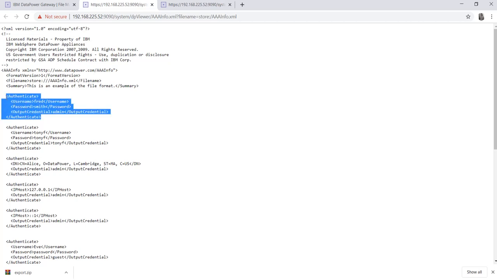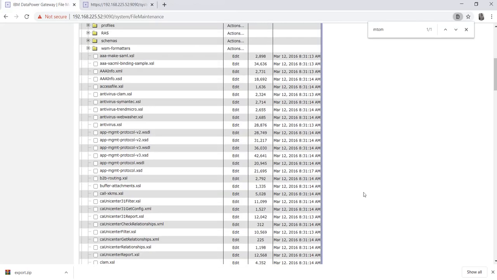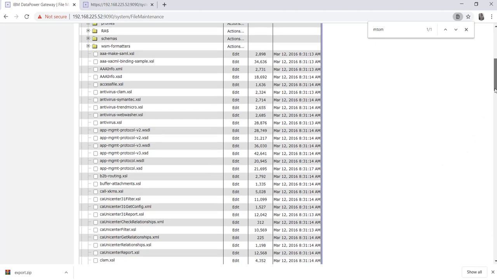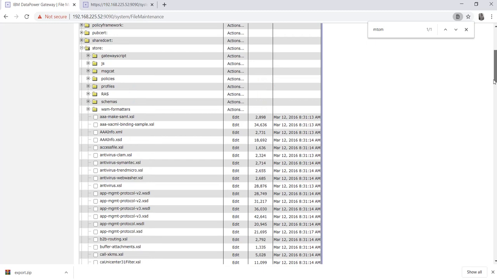If you want to create a new user, just copy and paste here again. If you want to create a user like test with password test123, you can update the text values accordingly. But by default DataPower will use this file. As I mentioned, we should not make changes in the default file, so we'll keep a copy of that file in our local folder and customize it there only. So as the best practice, I told you we should not make changes in the default files.